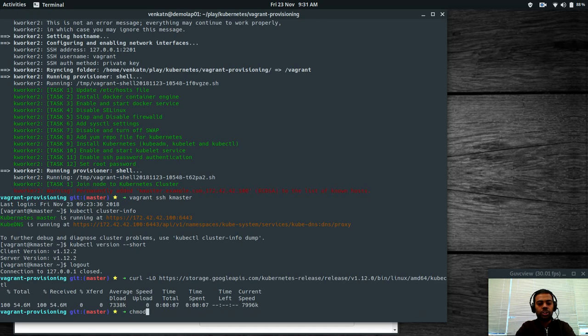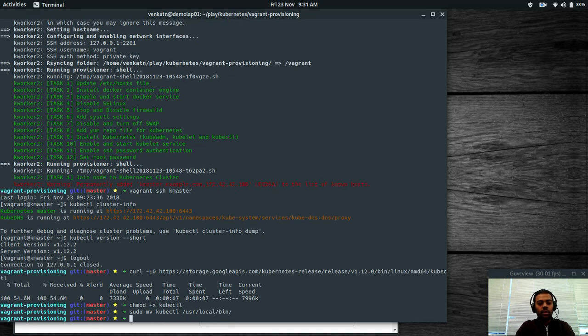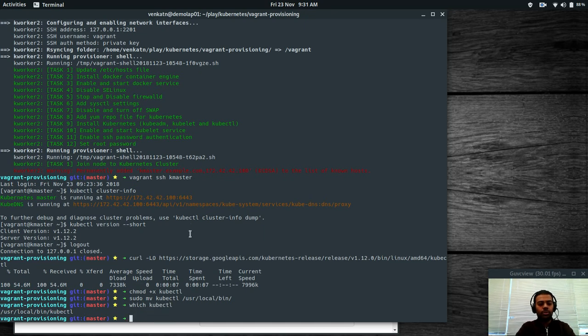We'll do that using chmod +x kubectl, and then we've got to move it to /usr/local/bin. sudo mv kubectl to /usr/local/bin. That's it, that's done. We could use kubectl now. If you do which kubectl, you'll have your kubectl,